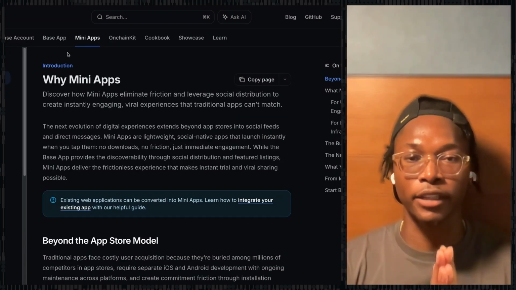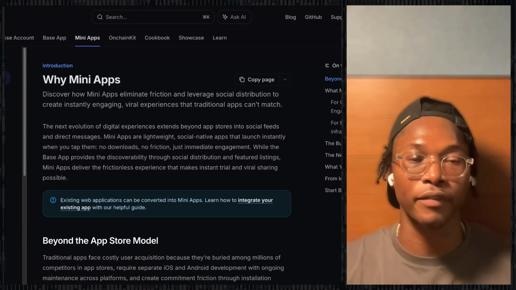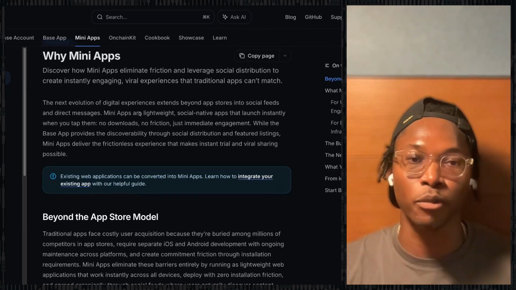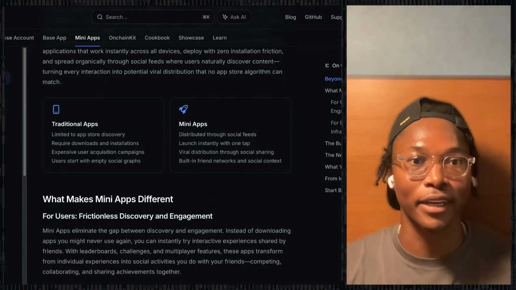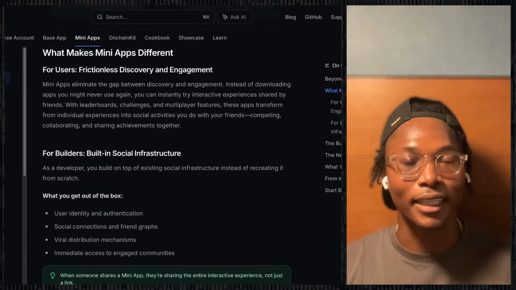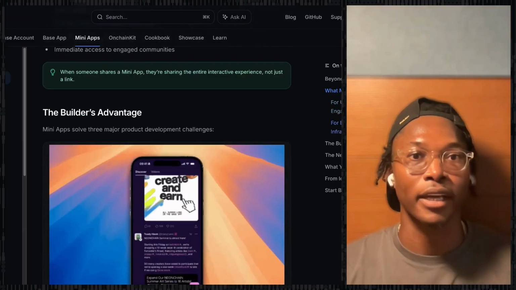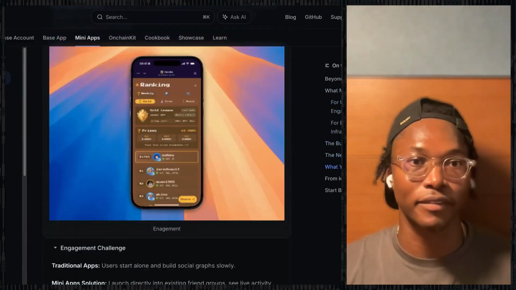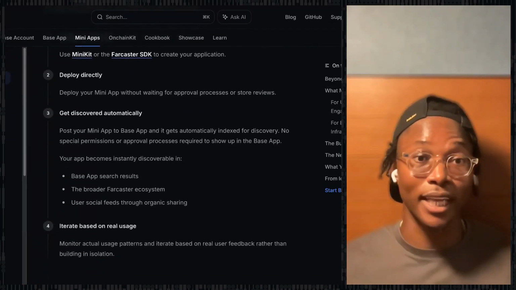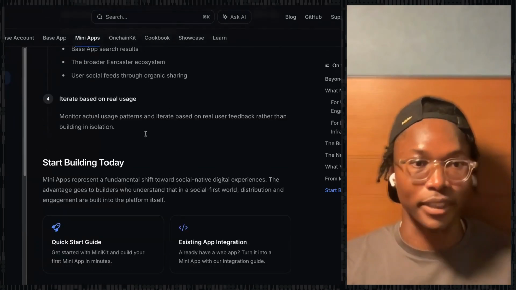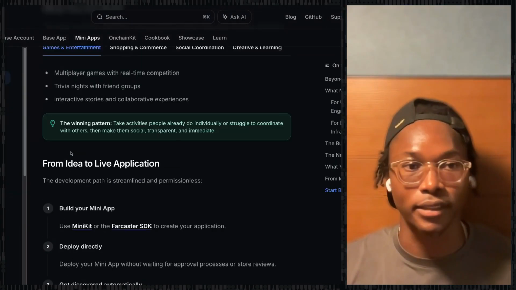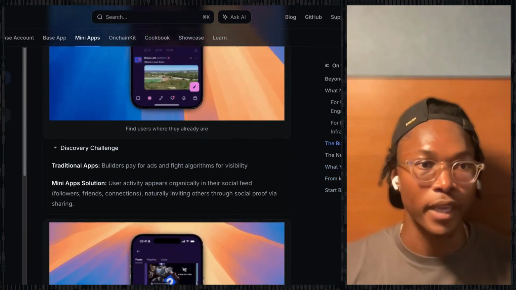So I'm just going to give a couple of minutes to go over the new stuff on the doc site. We have the intro to mini apps, where we're explaining the lore of why mini apps, and that it's an easy way for engagement and discovery. We show how builders can take advantage of these mini apps, and of TBA. We built it for creators and developers because we think it's a fairer platform and system.